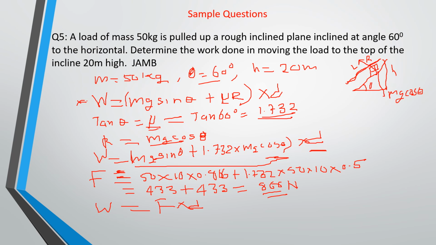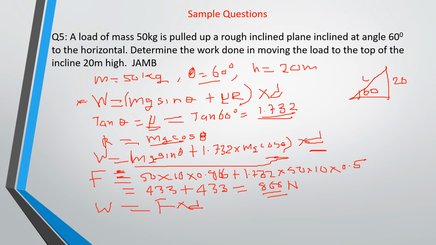So in this case, you have a right angle triangle. Okay, so let me draw this triangle clearly so that we can get it. So you have something like this as your right angle triangle. You have this to be 60 degrees, and you have the height to be 20 meters, but this you don't know. So the distance, we have to look for the distance, and from your trigonometrical ratio, you have